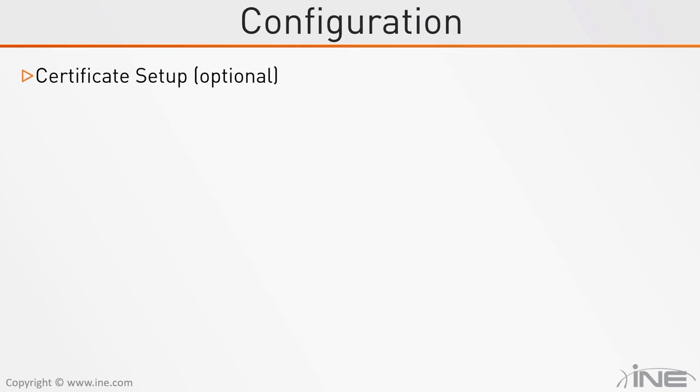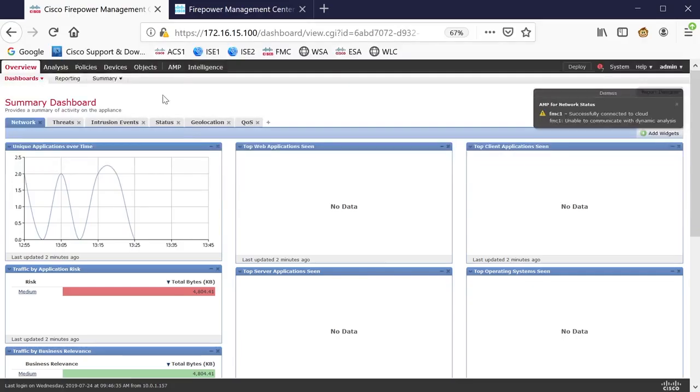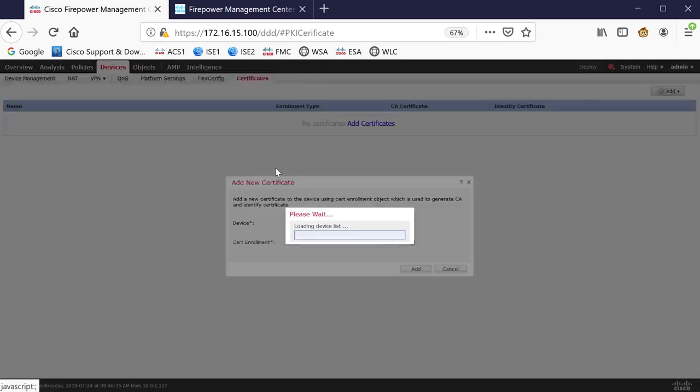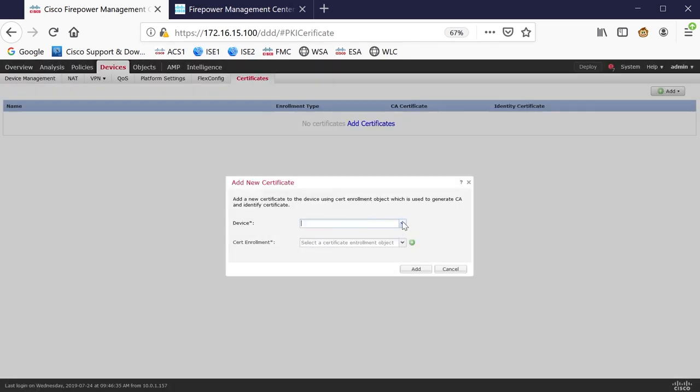Now, just in case you want to use certificates, you would go to Devices, choose Certificates, and that would be the place you would use to enroll for a certificate, which you would then apply to the VPN connection to authenticate it. Just to show you the options, you will have to choose the FTD